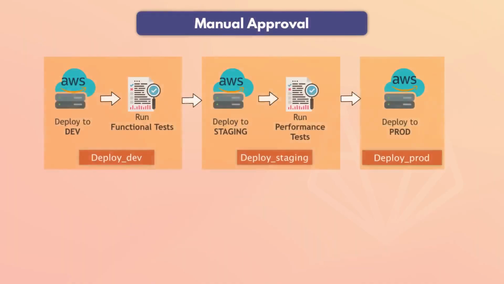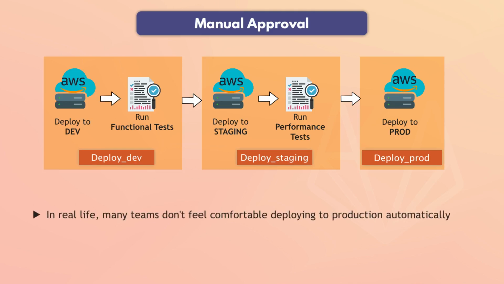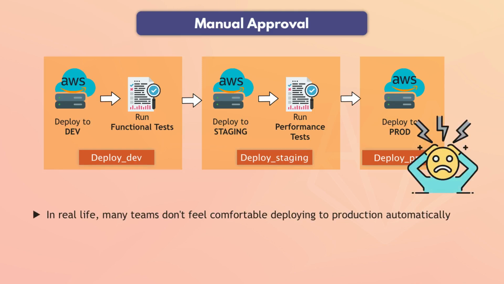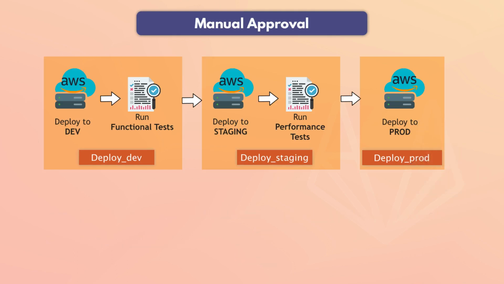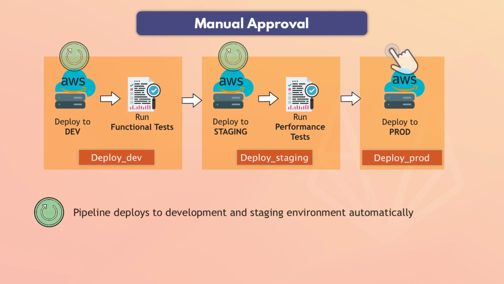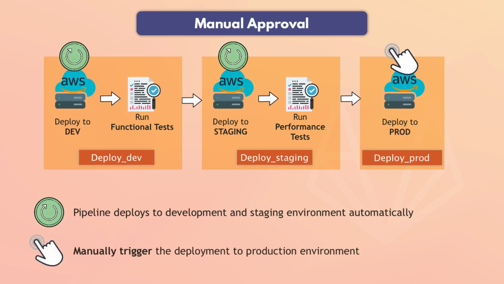Now there's one thing we want to add to production deployment that we don't have on the other 2 deployment jobs. Usually in real life projects, even after extensive testing, many teams do not feel comfortable deploying to the production automatically without any manual human review before the deployment. So usually the pipeline will go all the way to staging and run the tests, but it won't deploy to production automatically. Instead, it will wait for a human user input, like just clicking a button saying deploy,